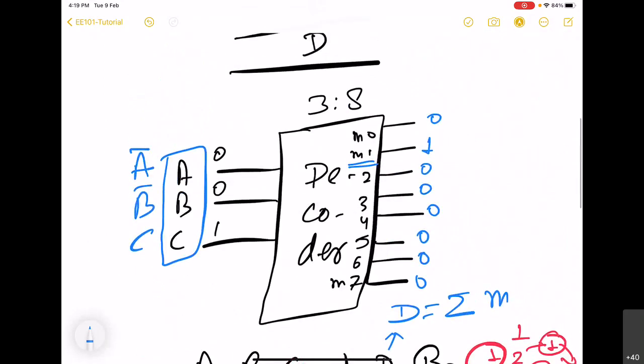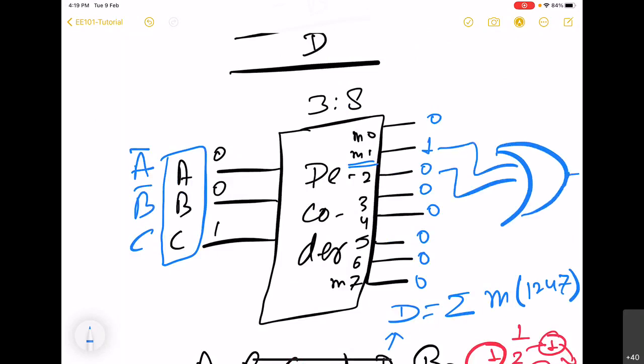So now we can go back to the decoder. What we have to do here is 1, 2, 4, 7. So we fundamentally need to do this thing. 1, 2, 4, and 7. So this is what will be our D. But the question has restricted that we have to use NAND gates. So this OR gate, a 4 input OR gate, cannot be used. So that is the challenge we have to face in this question. Otherwise, this is the implementation of the difference part of the full subtractor using a decoder and an external gate.